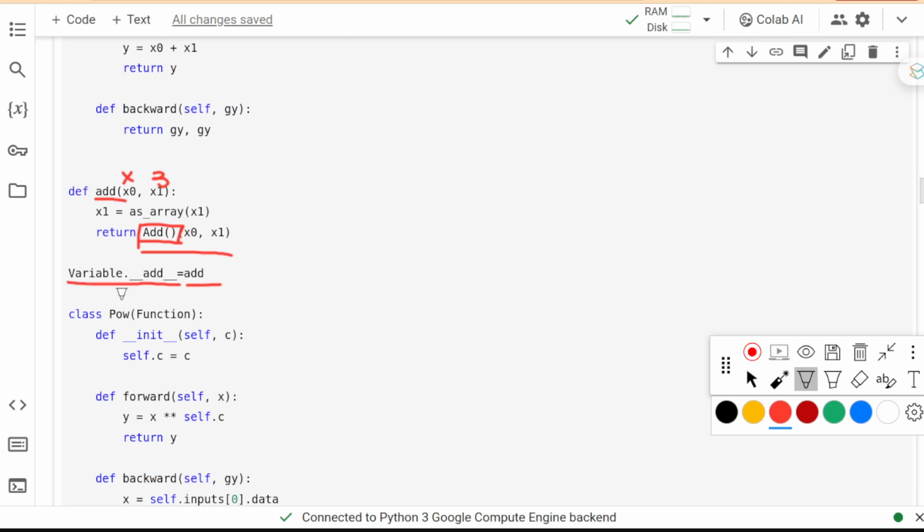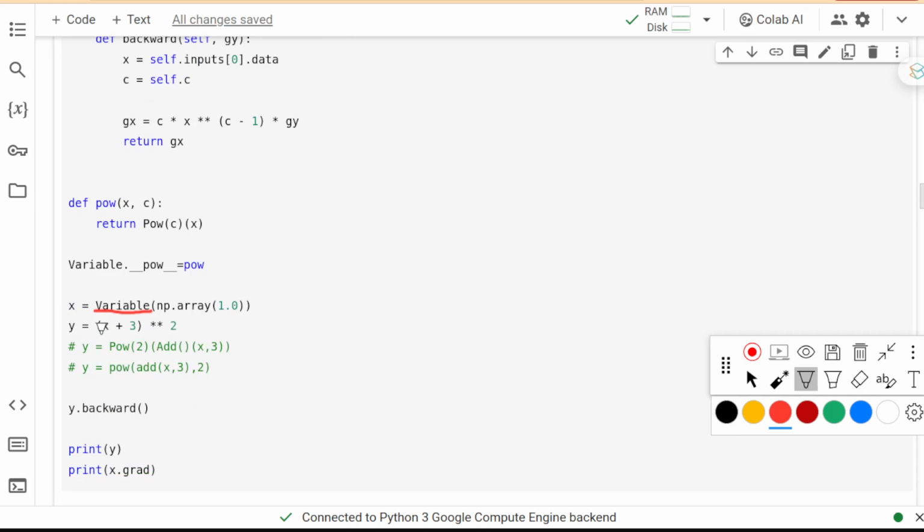After those calls, we could write the program as just x plus 3 here instead of this way. Okay, so this makes the code more intuitive, so that it will be easier for us to compare the code with the expression in the paper or in any document.